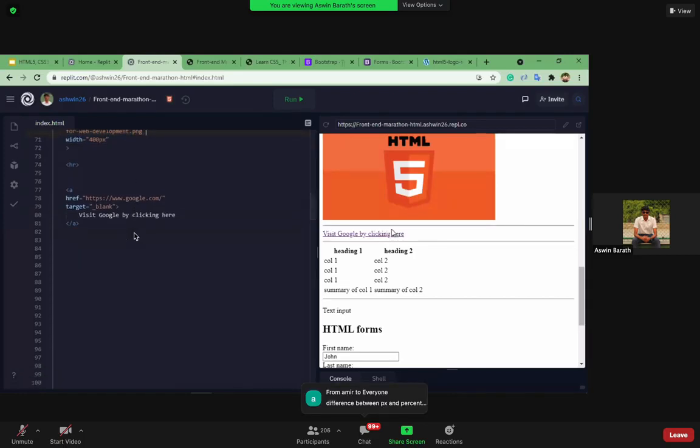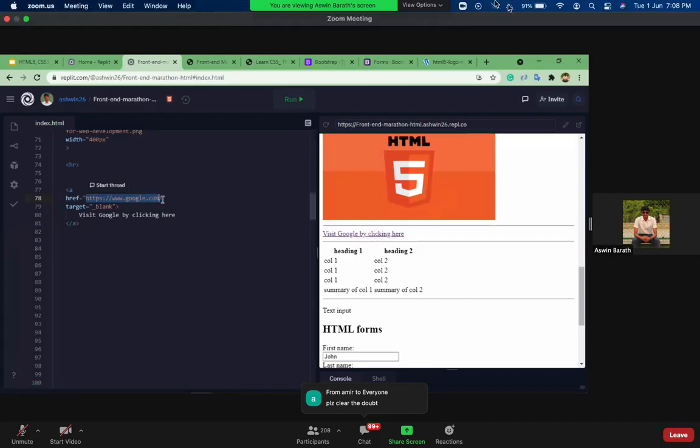Similarly, when you click this link, it will go to Google. To provide that link, I've given this inside an attribute called href. So href is nothing but hyperreference. Whenever I click this link over here, as you can see, the cursor is turning into a pointer, right? So it will go to that website.